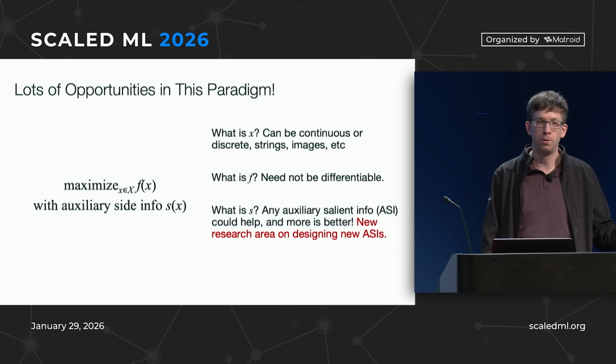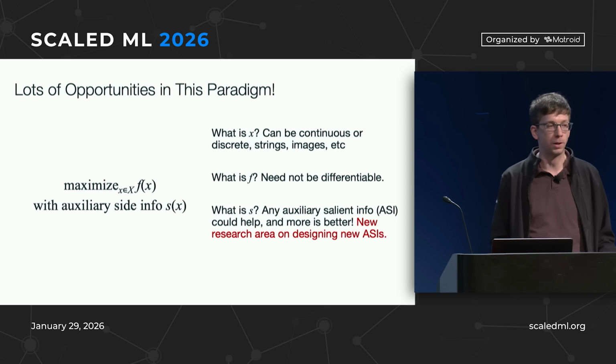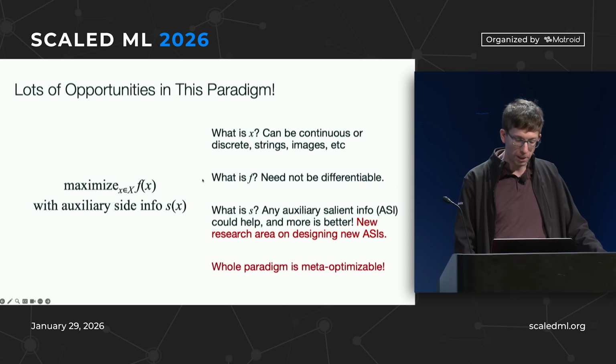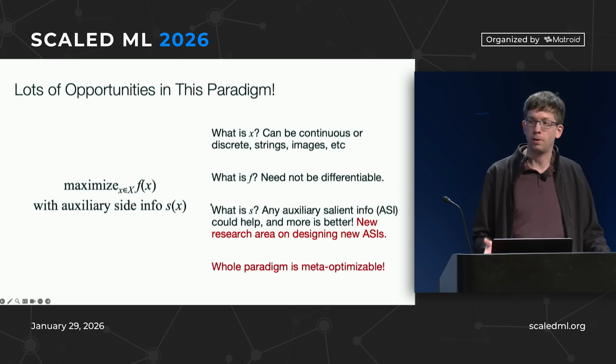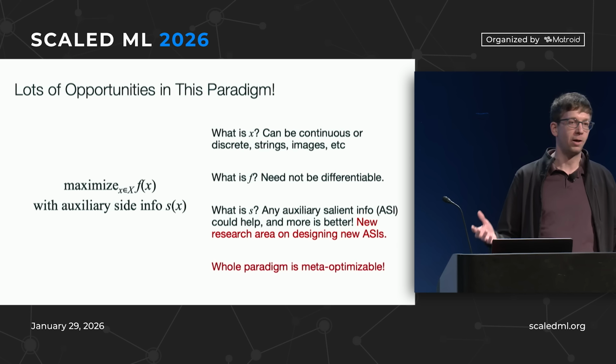And also really interesting, this side information, you can look for new types of side information that help the model do better. So there could be a whole new area where we just figure out, well, if you give models this tool, they'll become way better at coding or something because they know how to use that tool. So that's also kind of fun. And finally, this whole paradigm is meta-optimizable because we can also optimize the prompt of the model that's doing the optimization or have it learn over time. We also have projects where we're doing that.